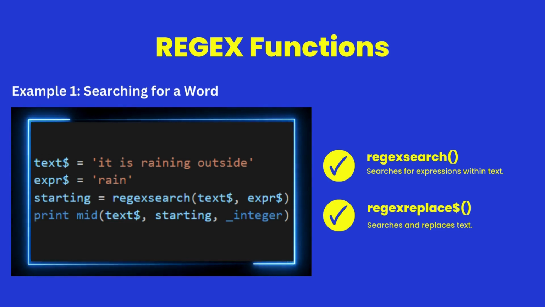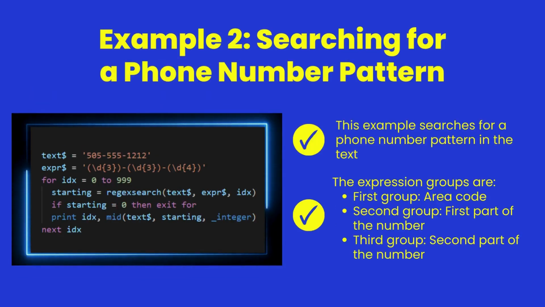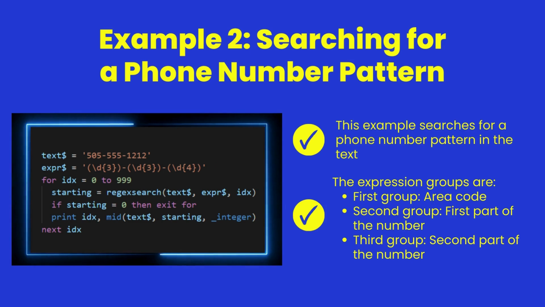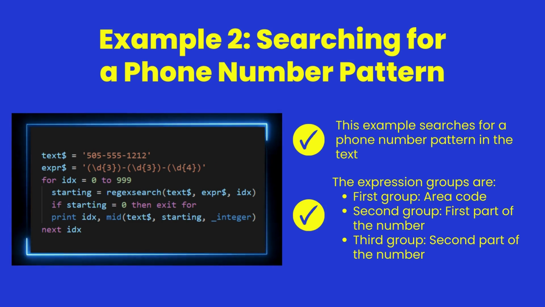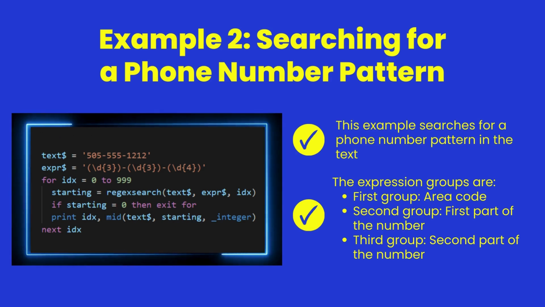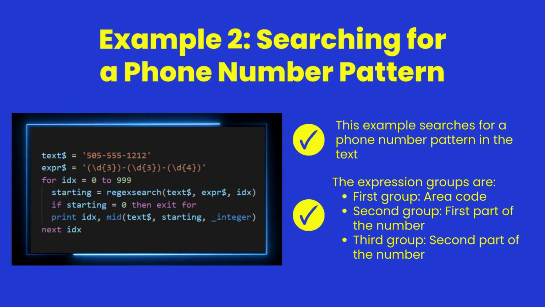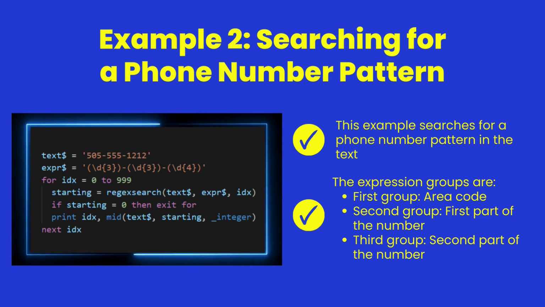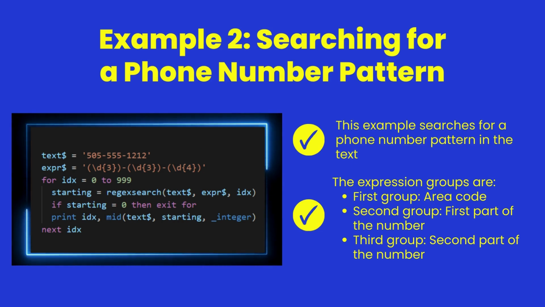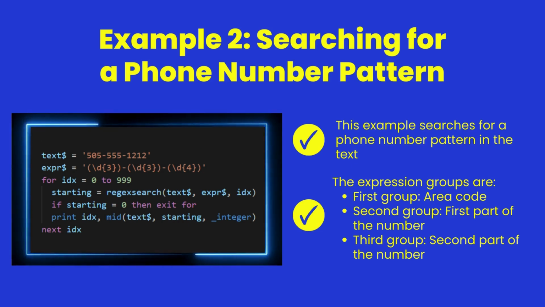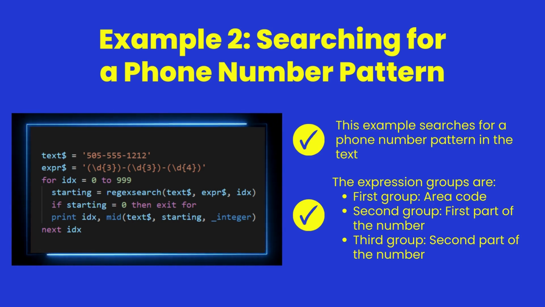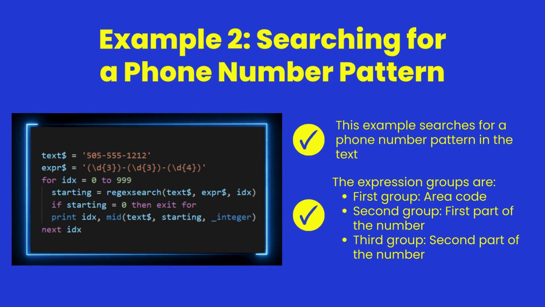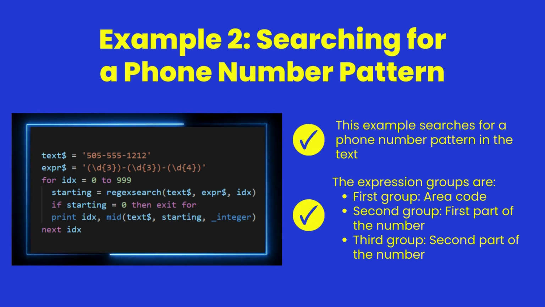the mid function. In this second example, we use regexsearch to find a phone number pattern in the text 5055551212. This example searches for a phone number pattern in the text. The expression groups are: first group, area code; second group, first part of the number; third group, second part of